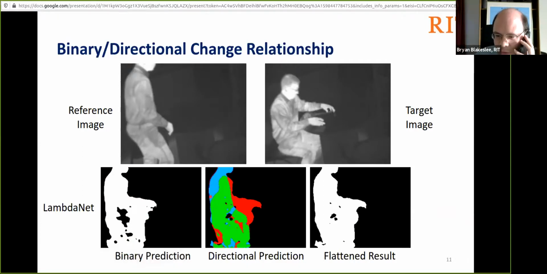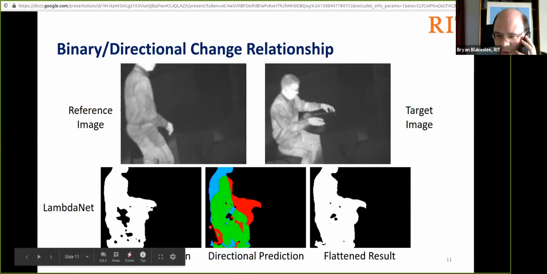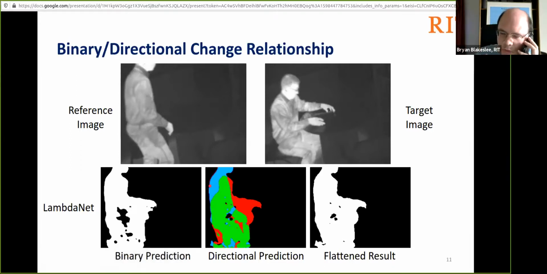When you move to the directional change output, you begin to see the individual outlines of the person in the sitting position and the person in the standing position. And it's actually possible to determine what portions of the image were altered in what manner.